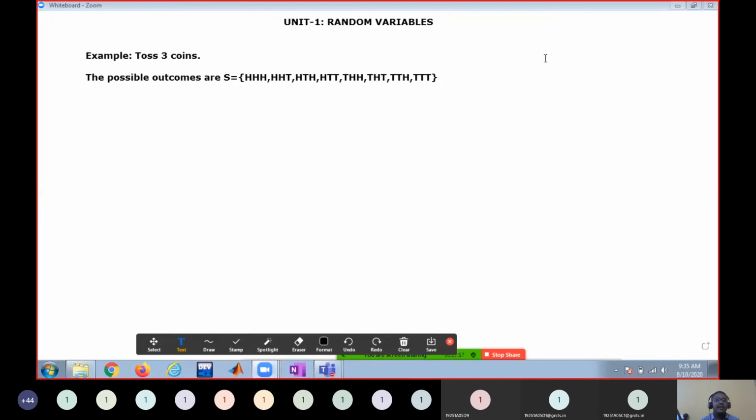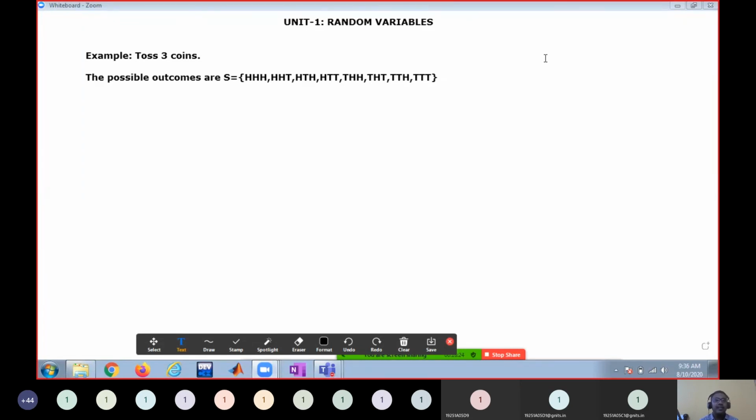What is the probability that all the 3 coins show head? What is the probability that there are at least 2 heads? What is the probability that there is no head? What is the probability that there are exactly two tails? Or what is the probability of at most 2 tails? What is the probability of at least 2 tails? Several questions I can ask. Am I right? So for each question we have to write down the statement.